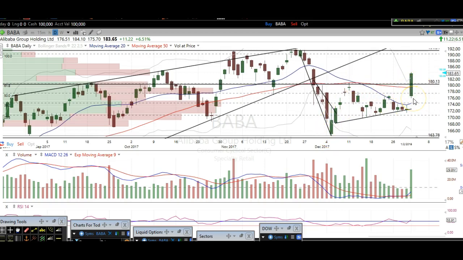So if you don't know about Fibonacci's, we use them a lot within the membership. And basically the 61.8 Fibonacci retracement level, which you can clearly see is right here, we're surpassing that today with today's move. And typically what this means is when you surpass that 61.8, the 61.8 is really the last chance for a trend to kind of